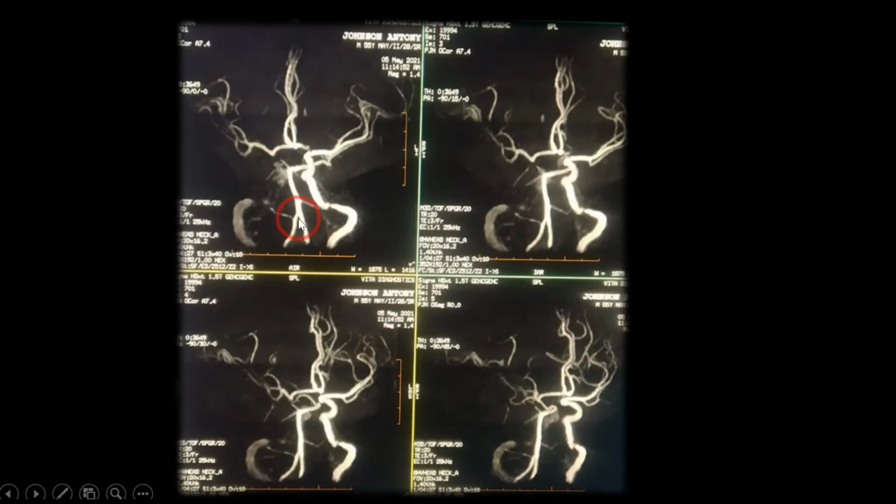This is the MR angio images. Let's try to read the MR angio image. When you are trying to read an angio image, rather than focusing on the image as a whole, it's better to trace one vessel at a time so that it's easy to identify the branches. Because the posterior circulation and the anterior circulation will superimpose on each other in an AP view, making it difficult to make out the branches. Let's try to do that.